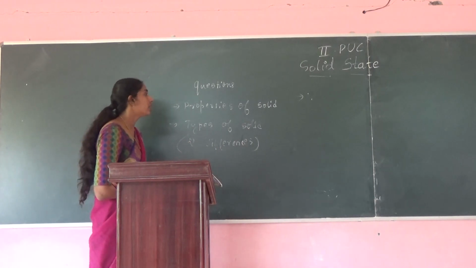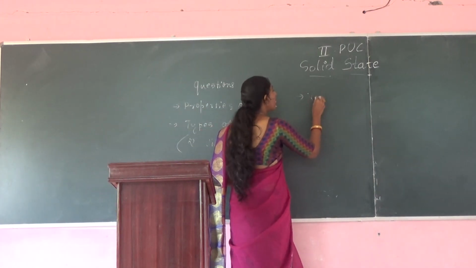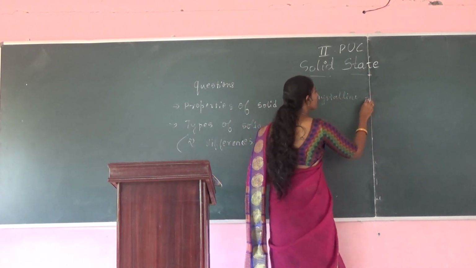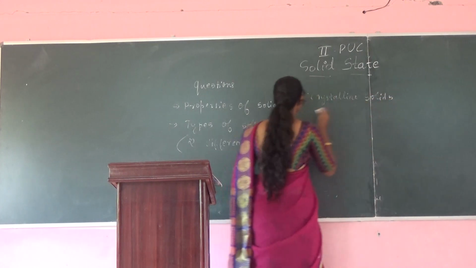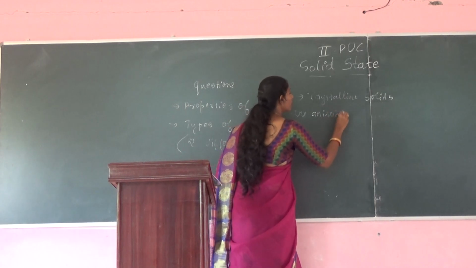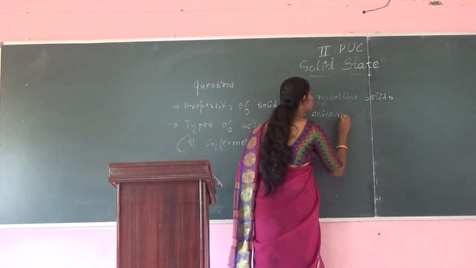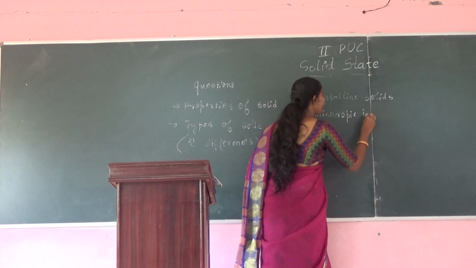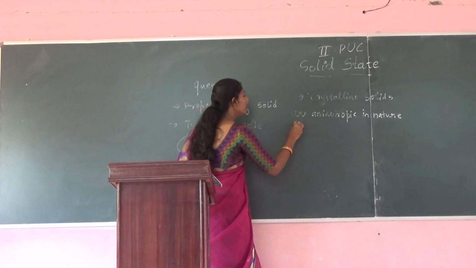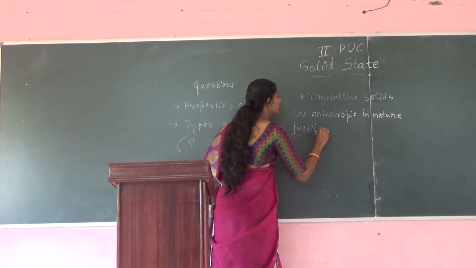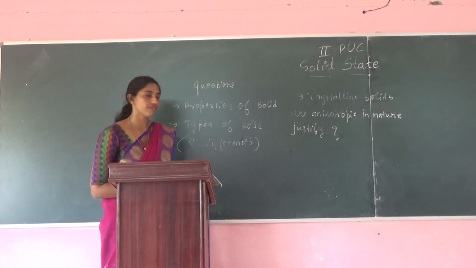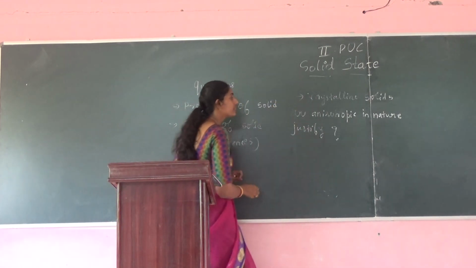Okay, why are crystalline solids anisotropic in nature? Crystalline solids are anisotropic in nature. Justify. Similarly, amorphous solids are isotropic